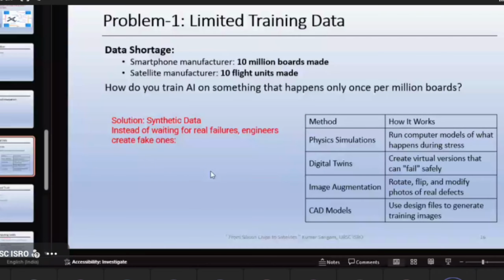When it comes to satellites or aerospace in general, we have very limited training data. To give you the example of smartphone manufacturers, Apple itself ships more than 1 million iPhones, and combined with Samsung, I think it would be 3 to 4 million per year. And each smartphone contains at least five PCBs inside it, minimum. So you can see how much data they have to train the model. But in satellites, we don't have that luxury. We can realize 8, 10, maximum 12 missions.